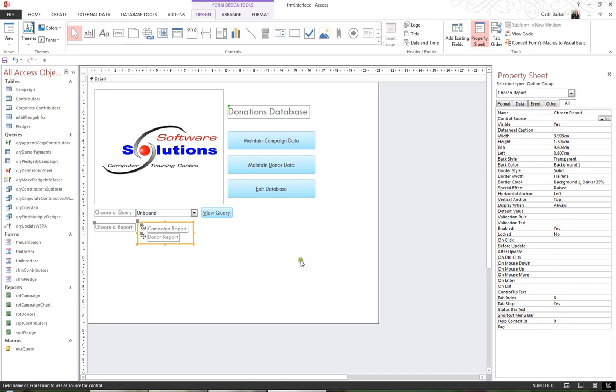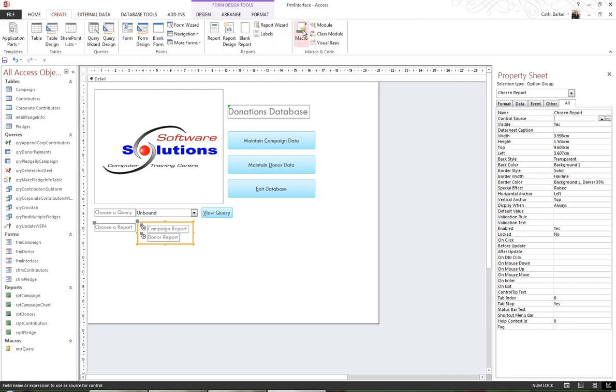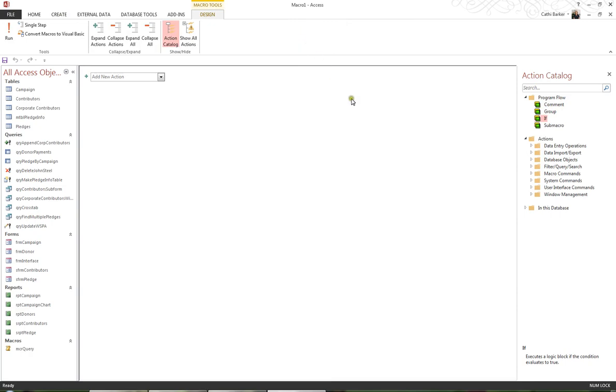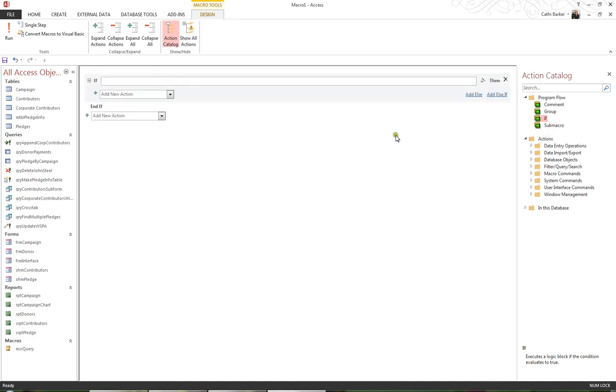Now I'd like to create another macro, and a macro with conditions, and that is where the chosen report, this particular object I've just named, is equal to 1, then show me the campaign report, and if it's equal to 2, show me the donor report. So I'm going to click the create tab in my ribbon, and I'm going to click macro. What I'd like to do here is on the right hand side in the action catalogue. Again, if your action catalogue is not showing, please click this button up in the ribbon, but I'm going to grab the if statement and drop it into the code window,